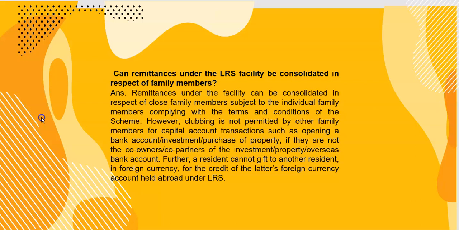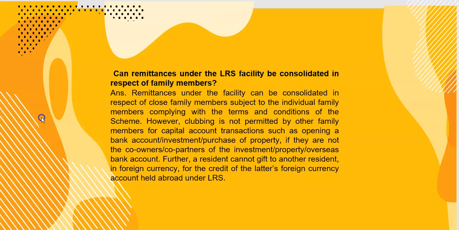Can remittance under LRS facility be consolidated in respect of family members? Remittances under the facility can be consolidated in respect of close family members, subject to individual family members complying with the terms and conditions of the scheme. However, clubbing is not permitted by other family members for capital account transactions such as opening a bank account